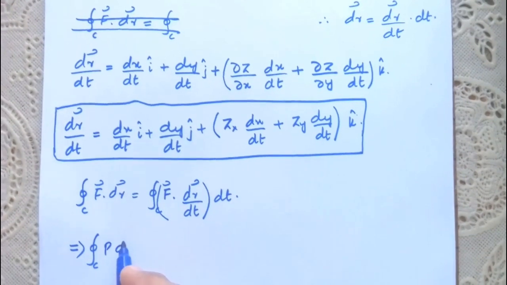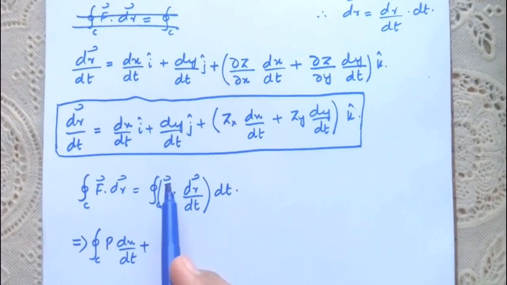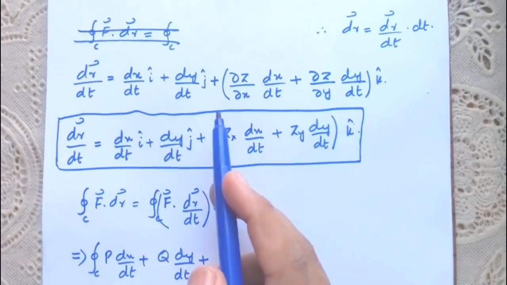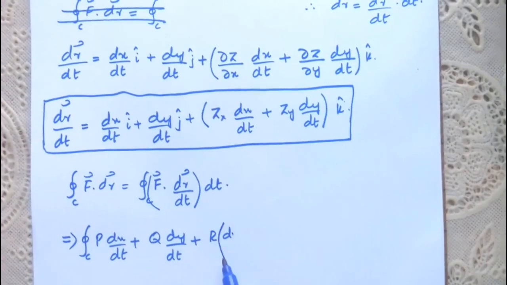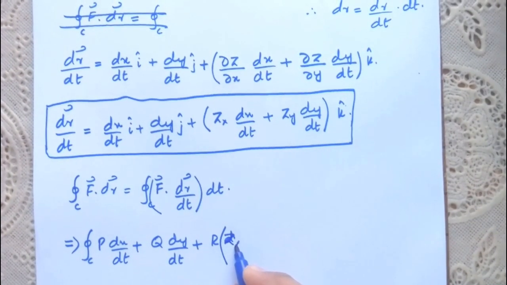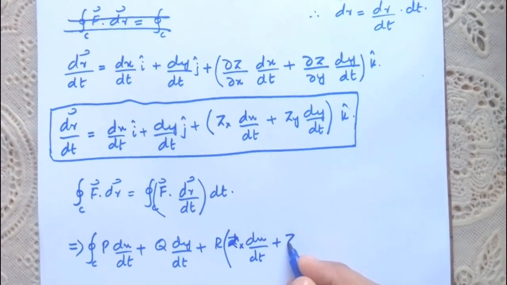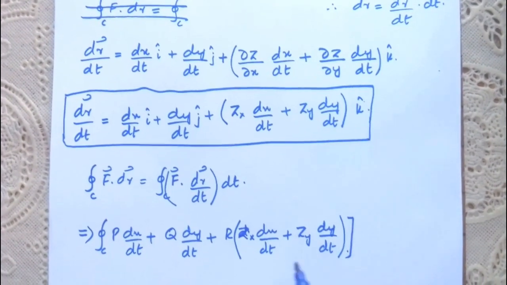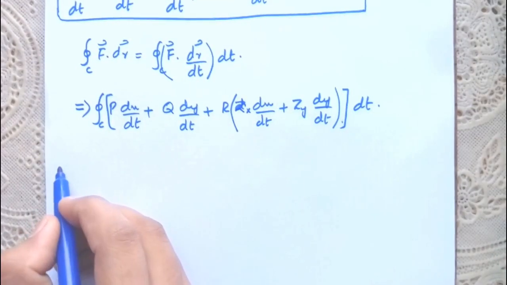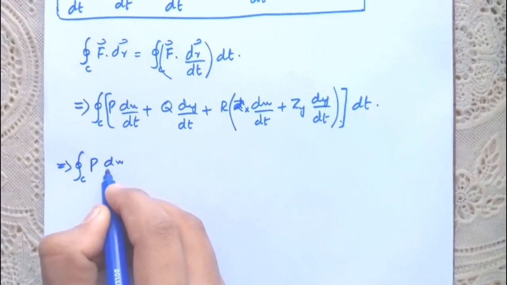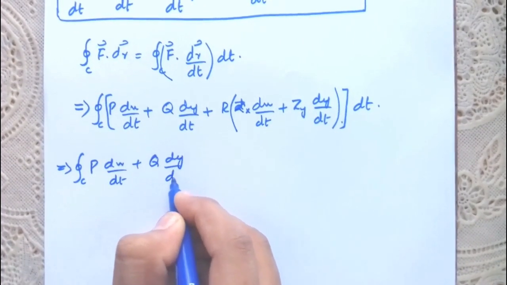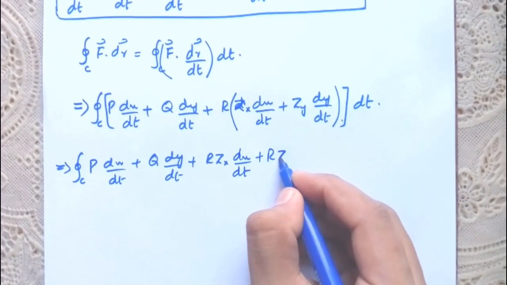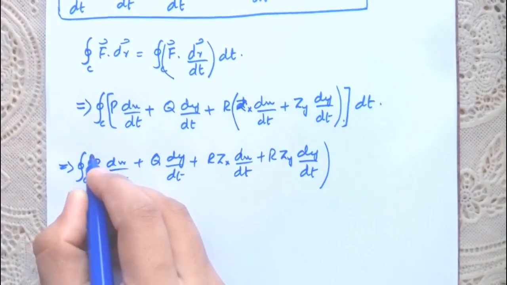So p dx over dt plus q dy over dt plus r times this expression, meaning zx dx over dt plus zy dy over dt, multiplied by dt, which is p dx over dt plus q dy over dt plus r zx dx over dt plus r times zy dy over dt times dt,